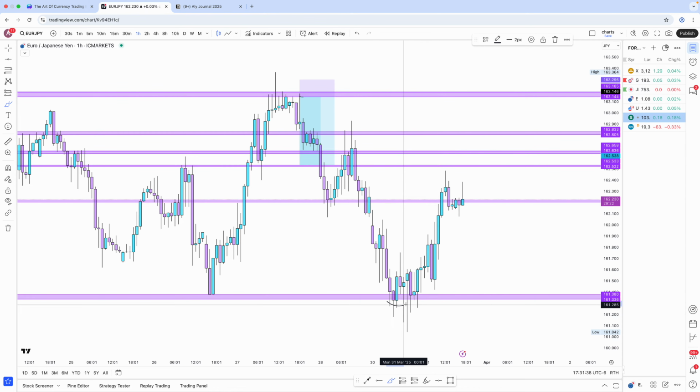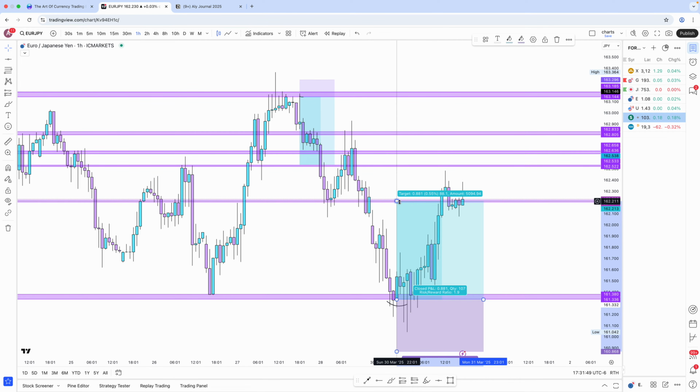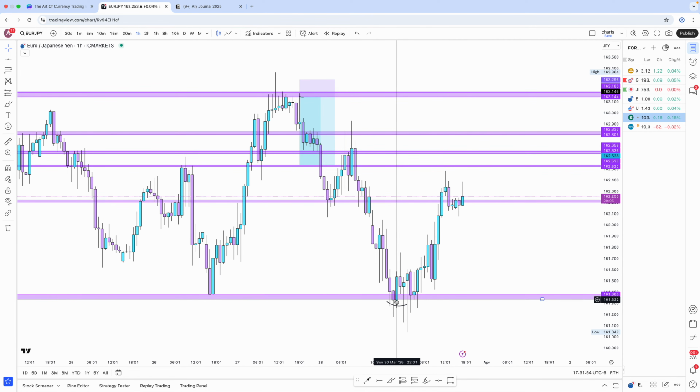The reason for that is if you enter once it hits that major structure at that specific price, you're then aiming for the target here and then here and so on. But if you enter at the first reaction as it first gets there, it's never going to continue up. It's always going to come back down and test in. The reason is that different days and different time sessions are coming in. If Tokyo tests into that price and starts inputting buy orders, London is going to come in and want it at the same price, if not a lower price.